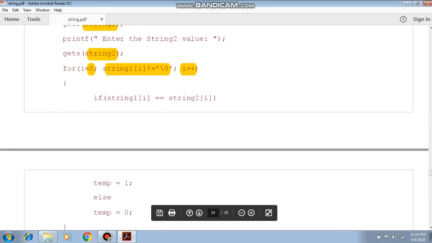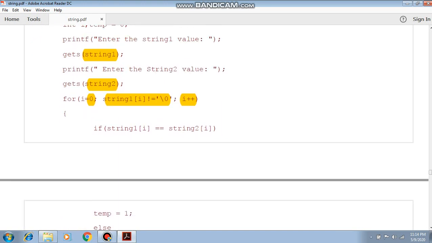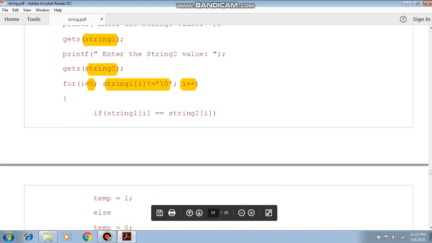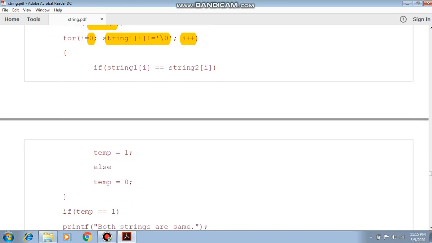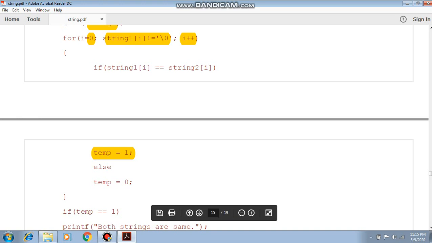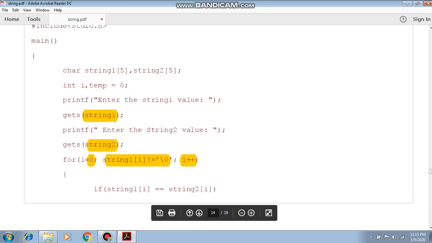Every time we take the value of string 1 at position 0 and compare it with string 2 at position 0. We took a temp variable, which is a float variable. It monitors whether the comparison is true or false. If it is true, the value is 1. If it is false, the value will remain 0.